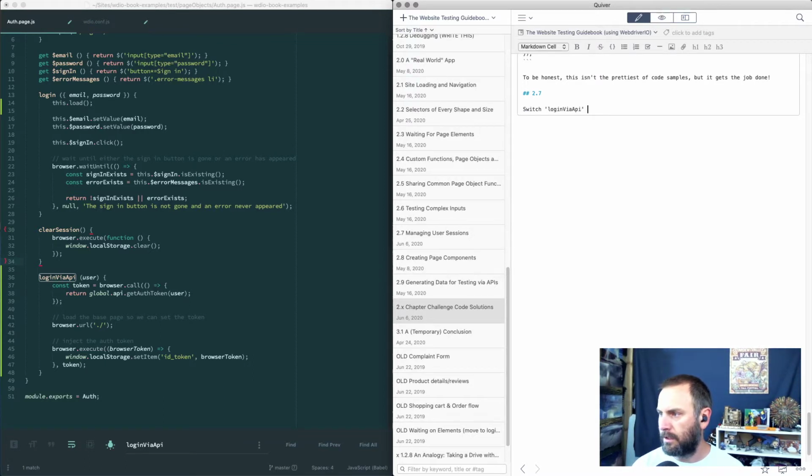login via API command to the auth, maybe move object. Let's do headings. I need to have a name for this, but I'll come back to that. So step 1, move the function from the configuration